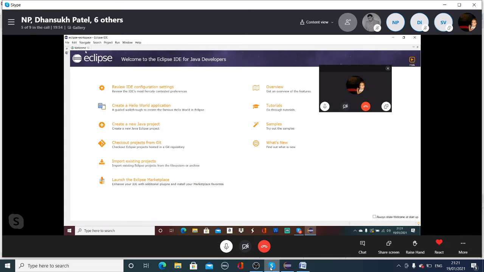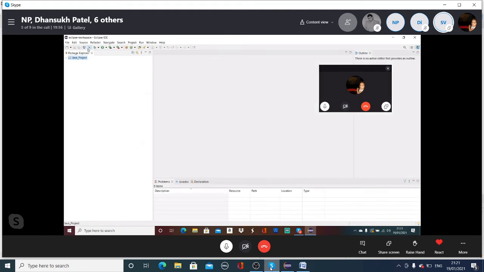So now on the left hand side in the package explorer there is a project Java underscore project. So you maximize it. You click on that small greater than symbol just in front of the Java word, and it will maximize the project.